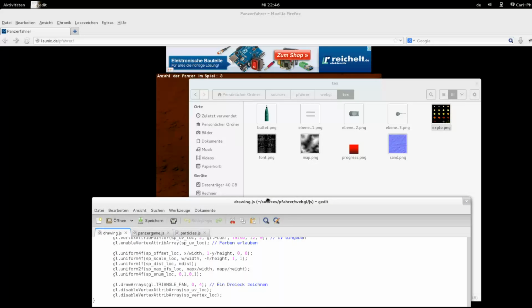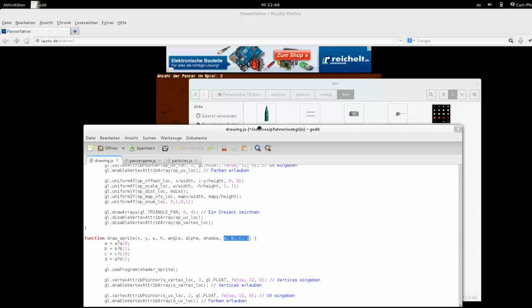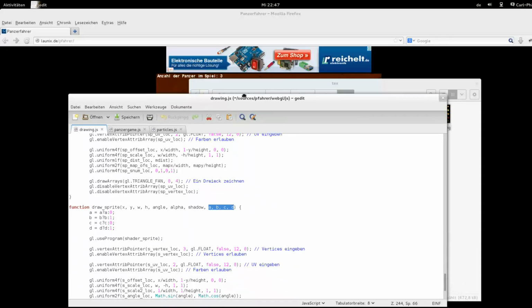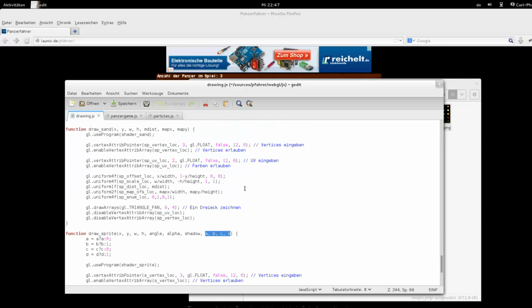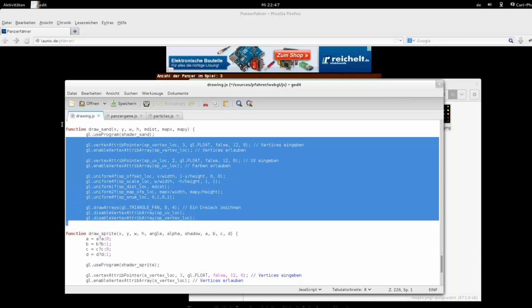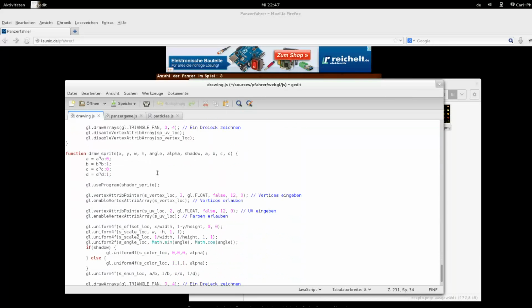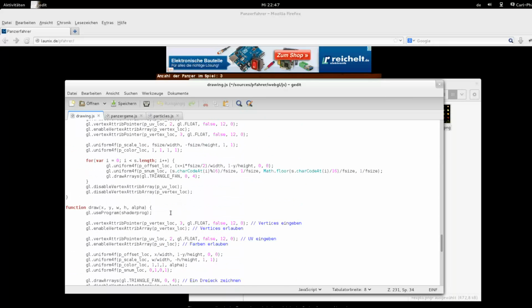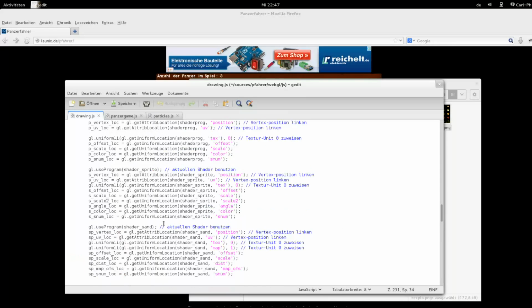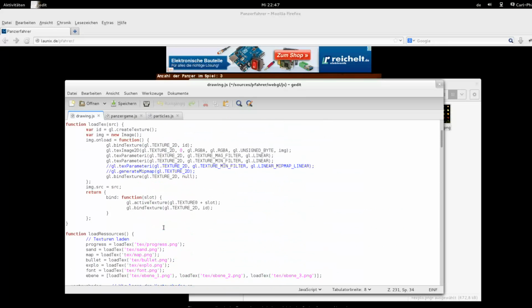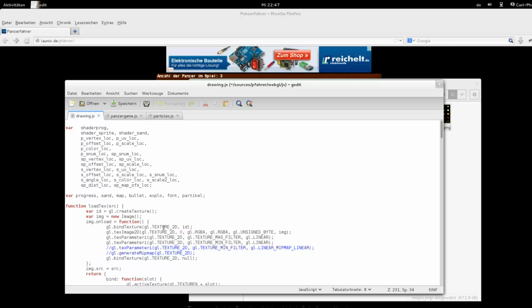So when I want to draw an explosion particle, which sprite do I actually choose? This draw function draws the background. And now the main draw call